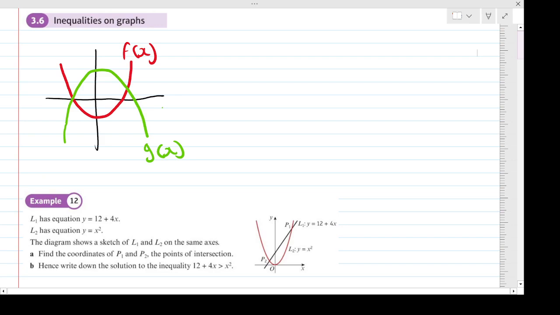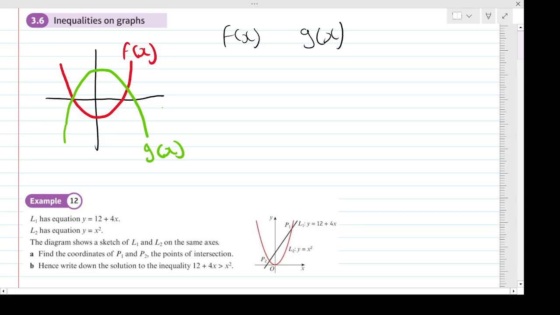So perhaps when one curve or one function is bigger than or less than the other, we can use inequalities to represent this. Basically, in this section, we're going to look at graphically solving inequalities, particular types of inequalities anyway. What we're going to look at is when you have two functions, f of x and g of x,